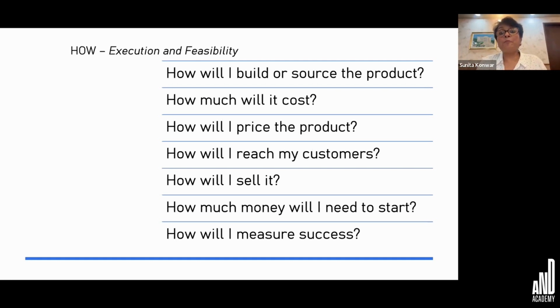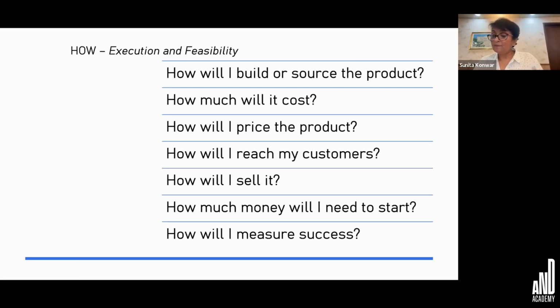Then, how will I price the product? Which basically means, am I going to price at cost plus something? Or am I going to be making my pricing as value-based or competitive pricing? So, for example, if you look at Zara and H&M, you'll find Zara prices are far higher than H&M. H&M is far more affordable because that is what the brand chooses its pricing strategy. It wants to increase its base of the customer.